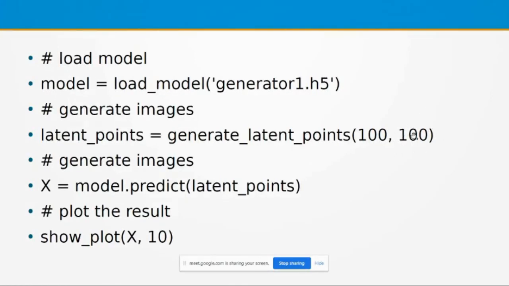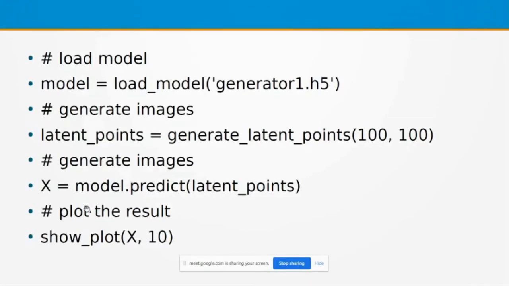For generating 100 images, how many latent dimensions or noise values do we need? 100 noise values for each image. Then generate images: x is equal to model.predict(latent_points), where the model is the GAN model. With the predict method we can generate 100 images.